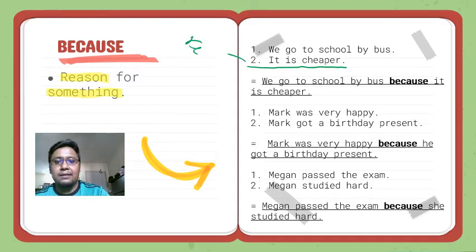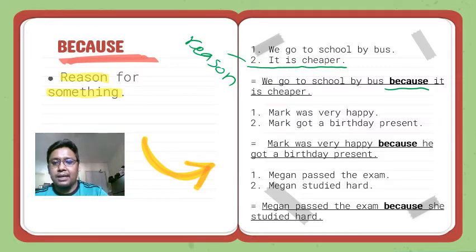So when we combine these two sentences into one: we go to school by bus because it is cheaper. We give a reason, or another word besides reason is justification. But the simple one is reason. Okay, now the second